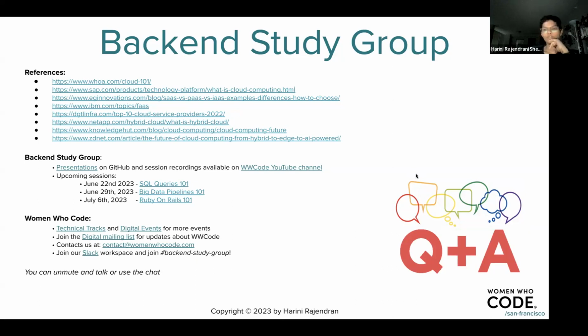Preferred language for cloud? That's a good question. I don't say there's any specific preferred language as such, but Java and Python, I would say, are the ones I've been using most of the time. So pretty much that would be a good start. You can literally do anything in Java.